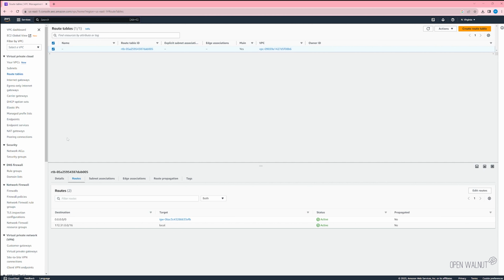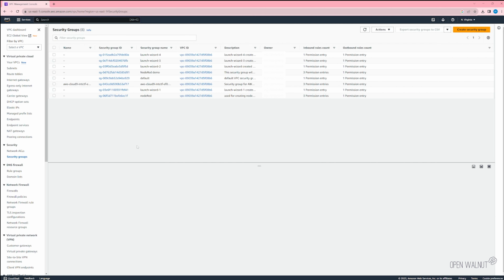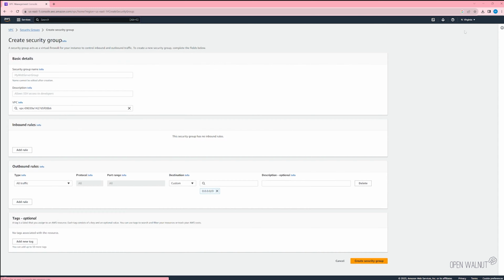Let's continue now with the security group. So we're going to click on security group. We're going to create a new security group. We'll give this a name. We give this a description. We select our VPC and we will add an inbound rule.